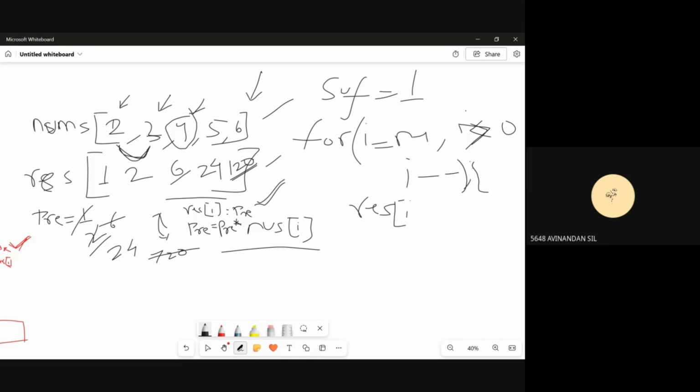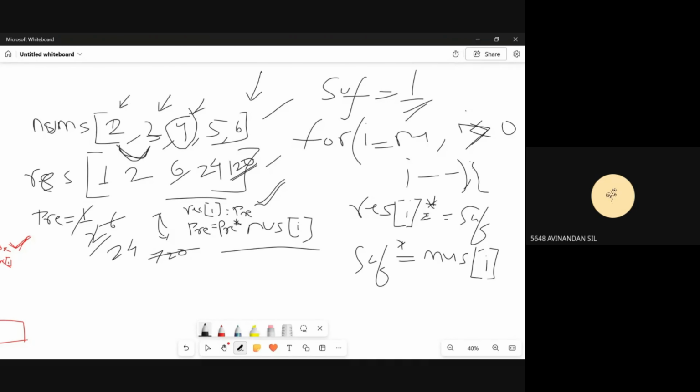Result of i is equal to result of i into suffix, and suffix into is equal to nums of i. क्या हो रहा है यहाँ? लास्ट इंडेक्स के लिए देखो, हमारा suffix is right now 1. For the last index we will multiply 1 with 120